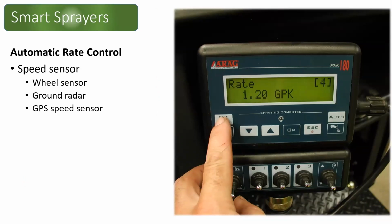So the concept of automatic rate control has been around for quite some time, going back probably around 25, 30 years now. And really it brings in the opportunity of controlling the rate automatically, regardless of the speed that we have. And we do this with a couple of extra instruments on the machine. We have a speed sensor of some type. Today we're using GPS speed sensors because they're so inexpensive and reliable. We have a flow meter in the system that's recording and measuring how much flow is actually going out of the nozzles. And we have a regulation valve that is actually controlling the flow going out of the nozzles, and